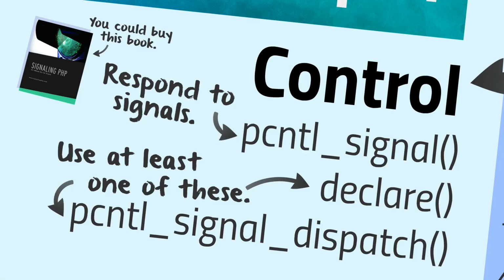So PCNTL, I'm just going to call it pcntl_signal. That is a method that will let you respond to signals. So in that, you can give it a callback and a signal that you want to listen for. And now your script will intercept that signal and execute some type of callback when you get that signal. But you don't want to declare that, or you don't want to define that unless you use one of these two. Because that'll intercept the signal, but these are the things that tell PHP how often you want the signals delivered